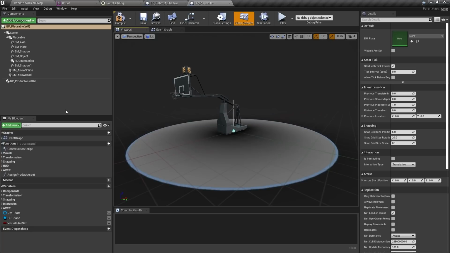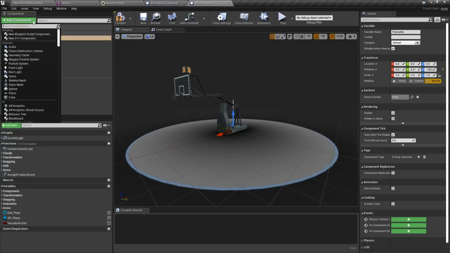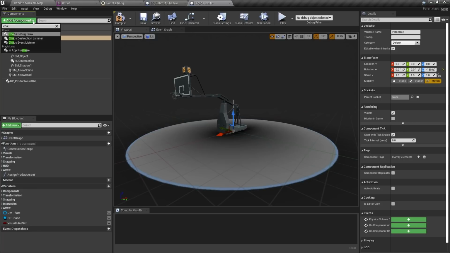Pretty straightforward there. So what we want to do is, underneath placeable, because this is going to get driven by the gestures in the hand and all the UI stuff, and it gets placed in the proper place, anything underneath this node is going to basically go along for the ride. We want to add in another component. So what we want to add in is actually something called a child actor.